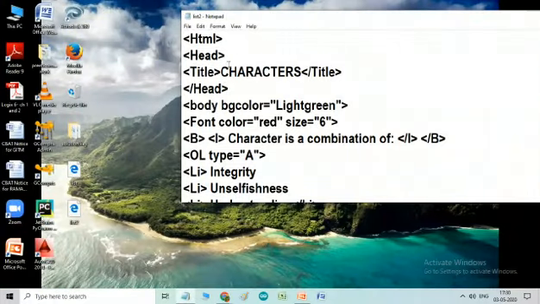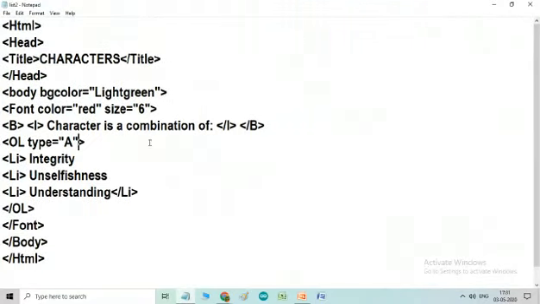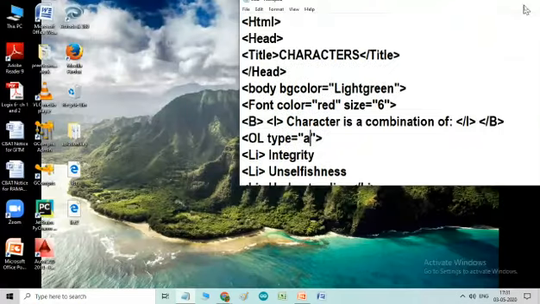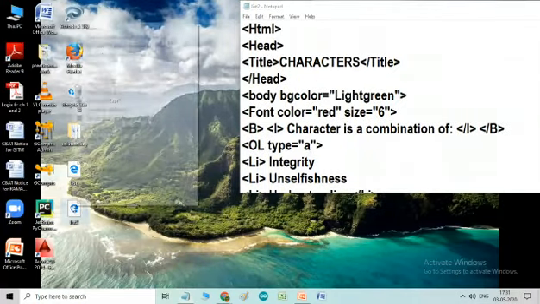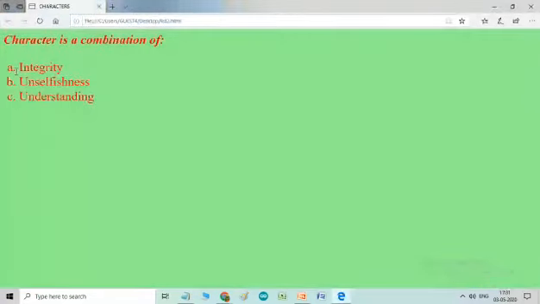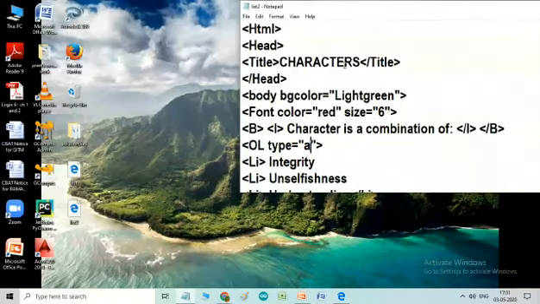Next, now I type small a, then what will happen? Say save, and now see, I will open this, then automatically the list numbering is changed to a, b, c. I hope all of you understand.